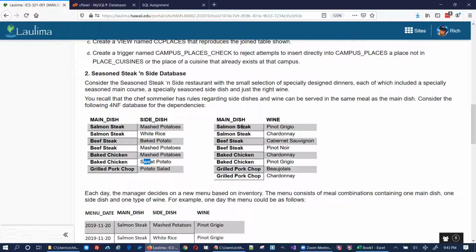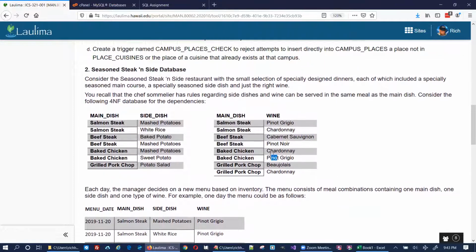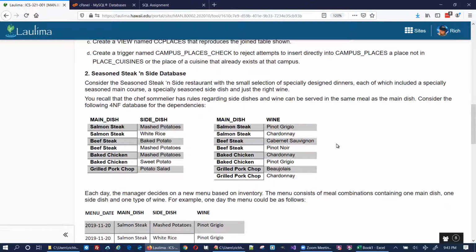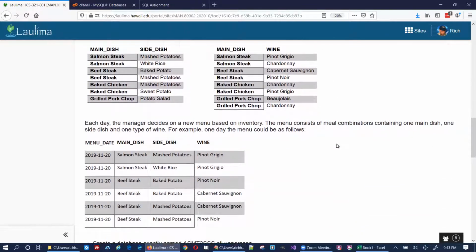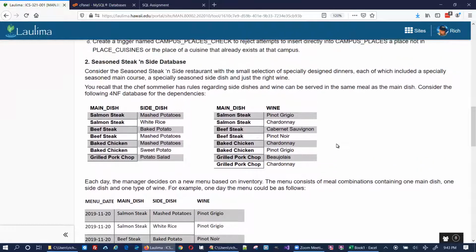The deal here with wine is that with fish you have to have white wine. Chicken you have to have white wine, and so on. Beef steak you have to have red wine. And so the way this works is